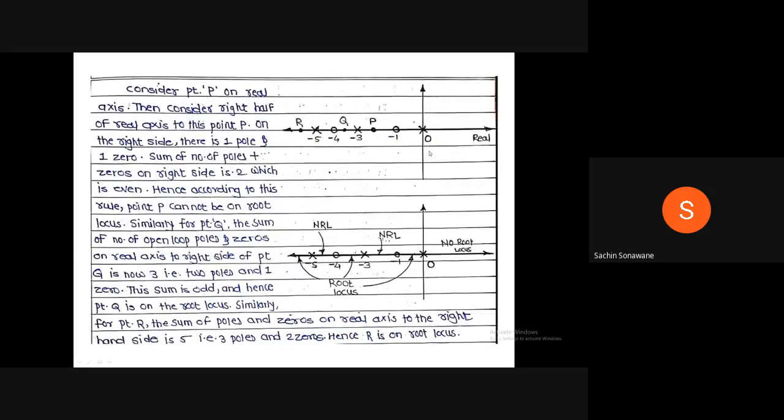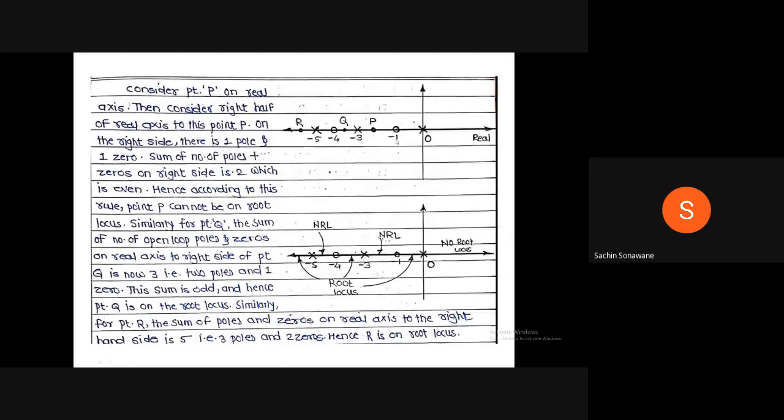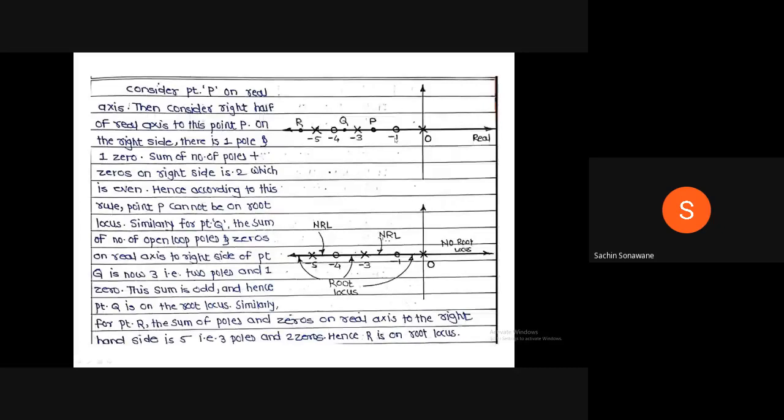Now, see here how to locate poles and zeros. Here s is equal to 0, s is equal to minus 3 and s is equal to minus 5. Therefore, poles and zeros are there on the real axis, always remember. Poles are at 0, minus 3, minus 5. Poles are represented by crosses and zeros are represented by circles. And s is equal to minus 1 and s is equal to minus 4: these circles are there. Now, how to identify where the root locus region lies?